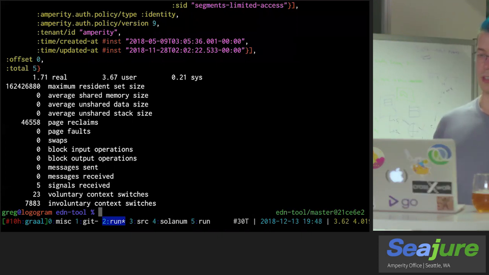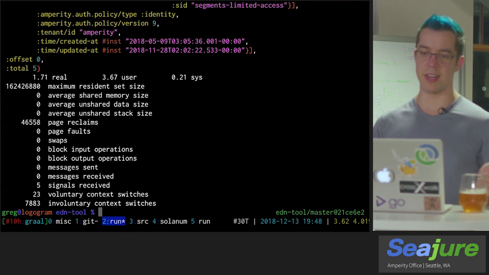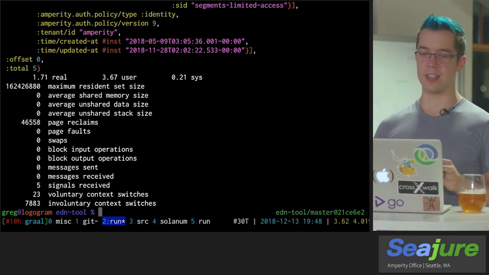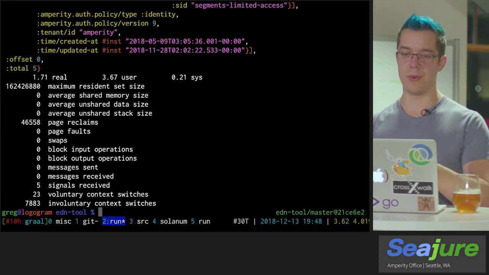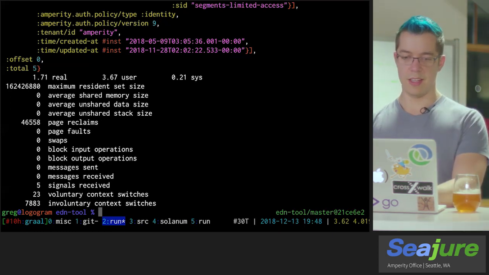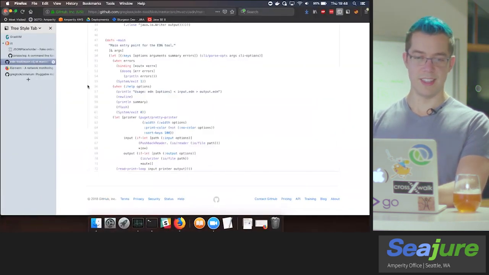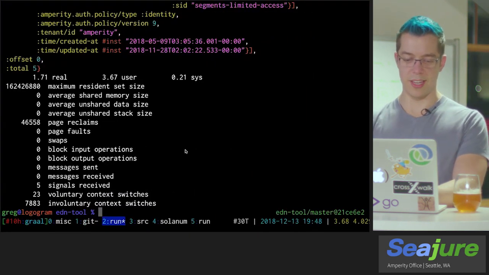We didn't have to do any Clojure compilation. We got to jump right into the Java class files. We still had to load those into memory, but this is a lot closer to being a tool that we could use from the command line. Great. However, we can do better. And that's where Graal comes into play.